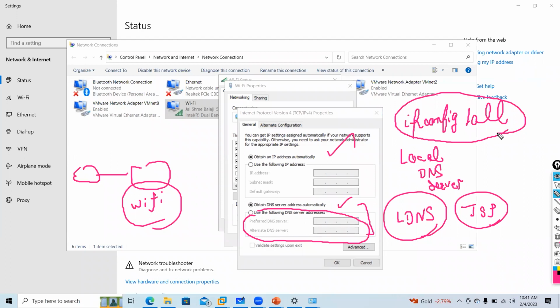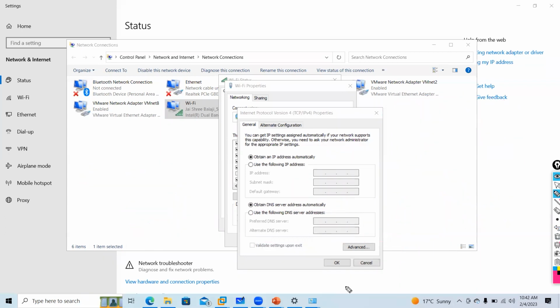Try to understand, guys, what is local DNS server. Local DNS server is usually what performs your domain name lookup. See, I don't know what the IP address is. LDNS generally knows where to forward the request, whether to the root name server or the top level domain. The local DNS server can be managed by your ISP, or if you are on a company network, then you configure one IP. So the end user request will always go here.